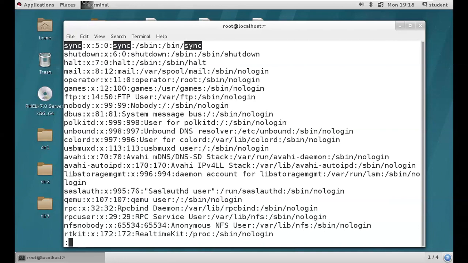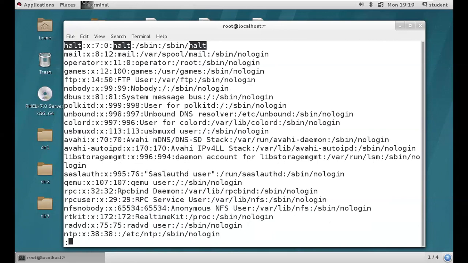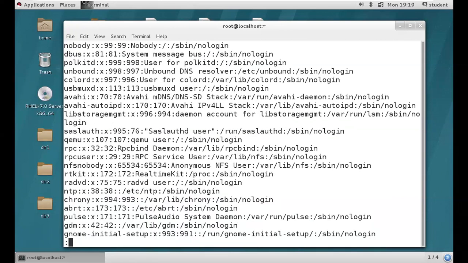So D next page, B previous page, forward slash to search the words from our file. If you need to search for LP, you can find how many LP words we have. Halt, how many halt words we have? FTP, so like this you can find. Got it, guys? So clear?